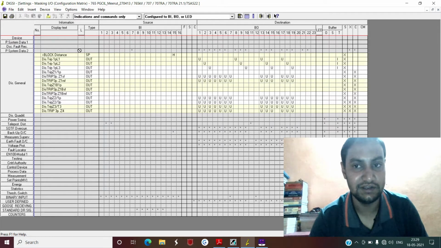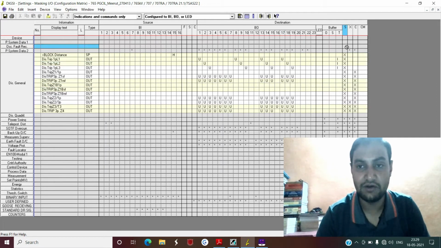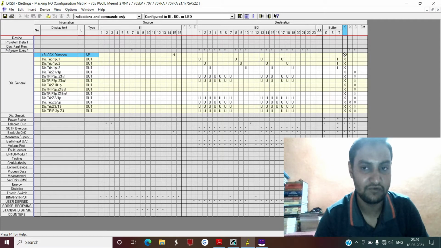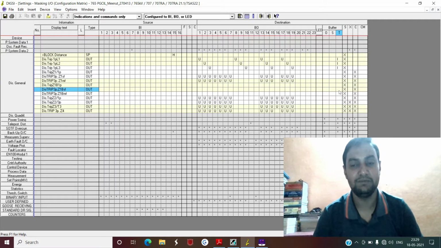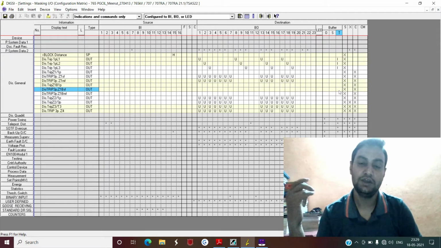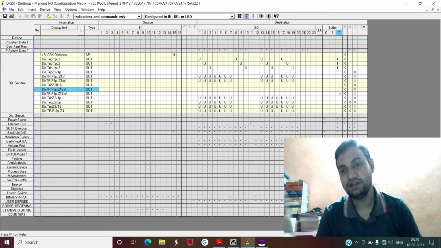What are these signals? These are block distance trip, single pole, L1, L2, L3, and these signals are configured now in the SCADA interface destination. That means all these signals are being sent from here to your 61850 interface, or basically to your SCADA system.